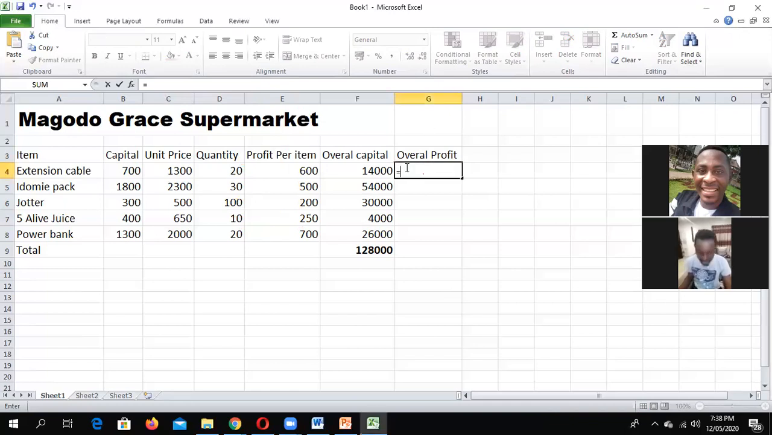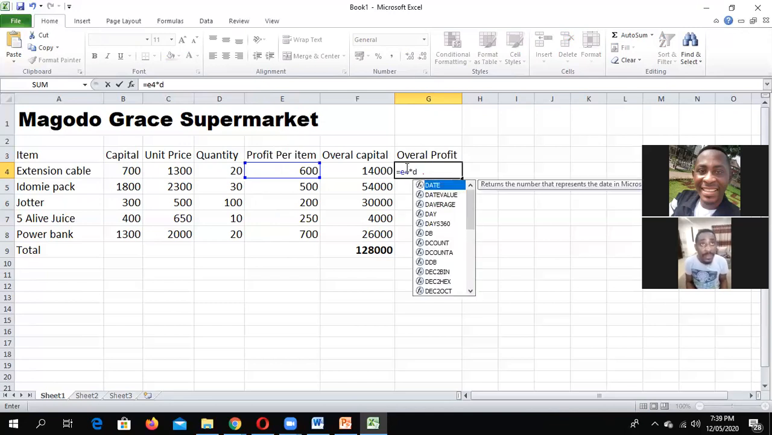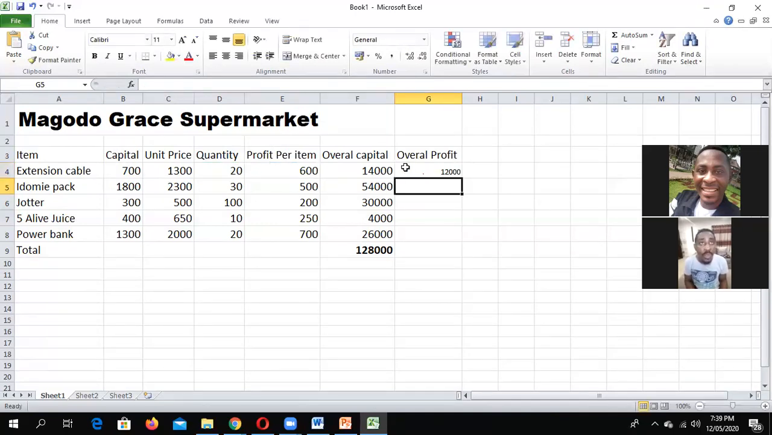So here we would say equals to E4 times D4, equals to E5 times D5. Don't forget the times sign: you press down your shift key and number 8 on the keyboard. So we'll go back and say equals to